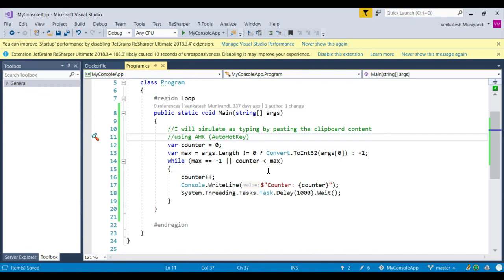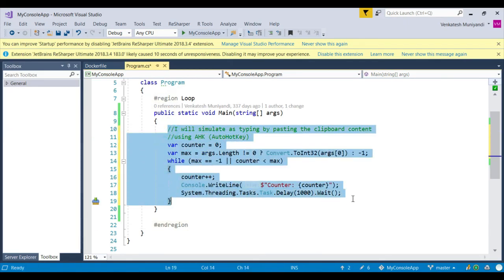Just in case I make any mistake in the code, I need to erase and retype in front of the student. So this is not a very positive experience for any student to watch, with a lot of errors and correcting them on the fly. So I have written a cool AHK script to address this issue with a bit of automation.